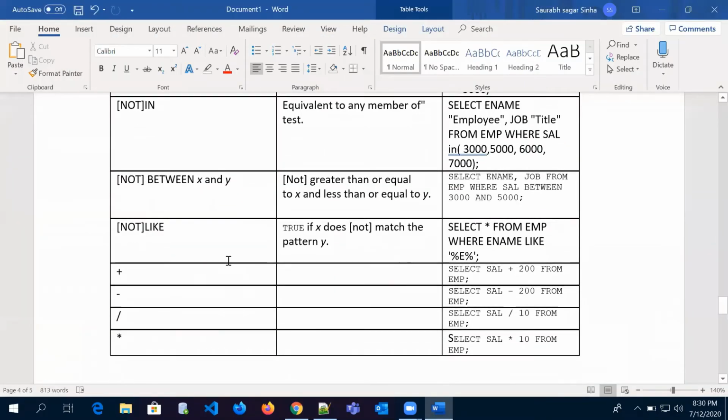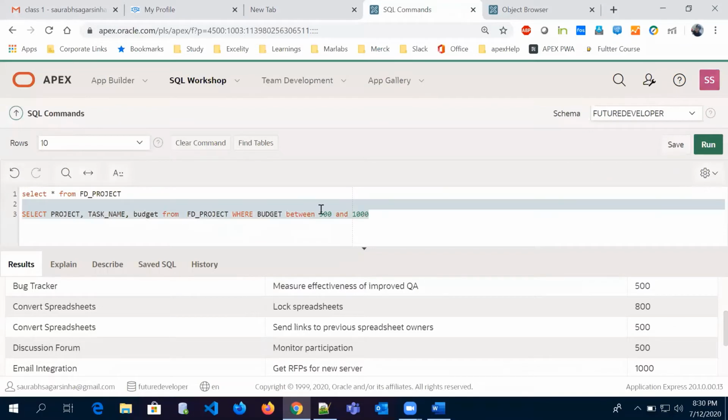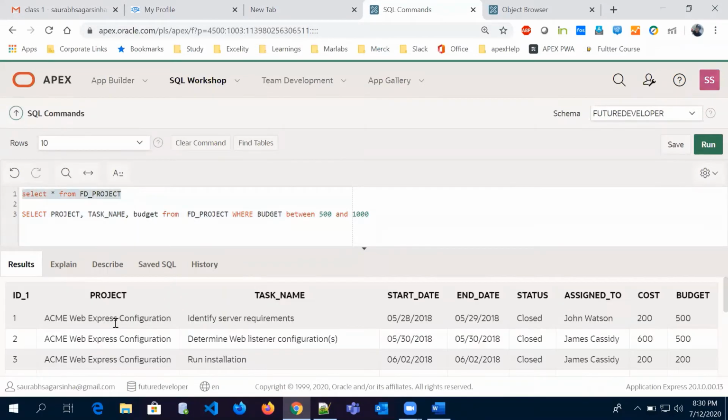Okay, then not like. So again, let me do select star from project. And let's say I want to take this column, assigned to, not like, and what I'll say here is that it should not be like John.